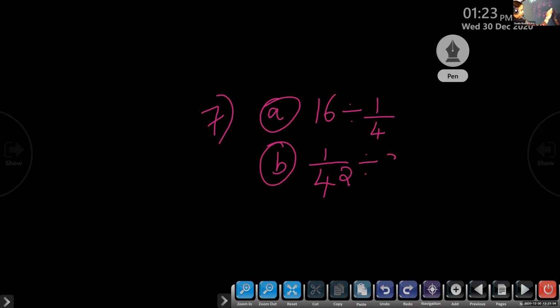divided by 3. So children, first step, don't forget to make it a fraction. Here we can see numbers. In question number A, the dividend is a number, 16, so you have to write this as 16 by 1. In question number B, the divisor is a number, 3. Find out the answer.